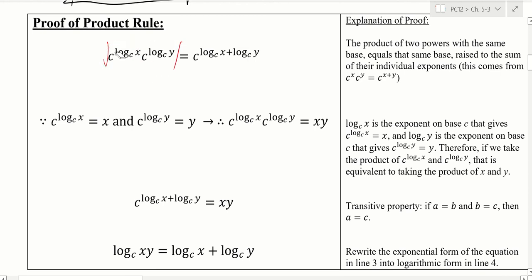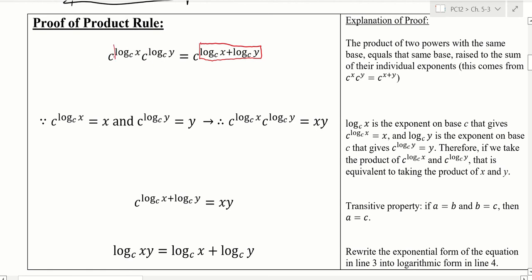Well, one thing we can do is notice that they have the same base, right? Same base, c. And because they have the same base, we can represent this product of powers as simply one base where we take the sum